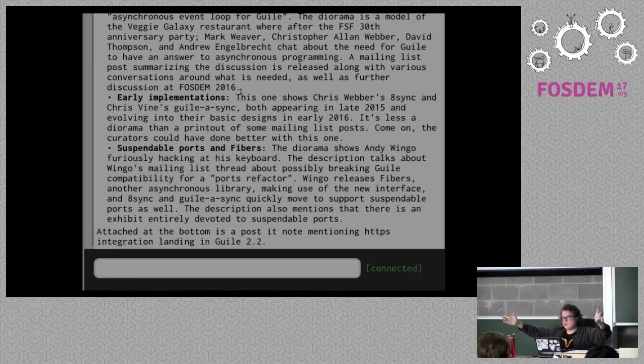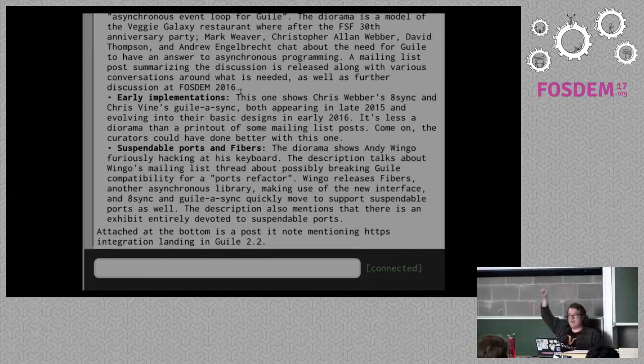So with the way that you usually do it, and the way that 8sync did it before I switched to suspendable ports, is that you would actually take a port and shove it over to the scheduler and say, call this callback when you get some information, right? But the way that we do it since suspendable ports is that you actually start reading from the port, and at the moment that it would block, it suspends to the scheduler, and the rest of your program keeps running, and as soon as there's information there, it just continues. So you can just write a loop that looks exactly as if it would block, but it just magically doesn't.